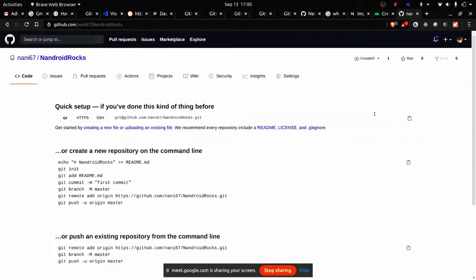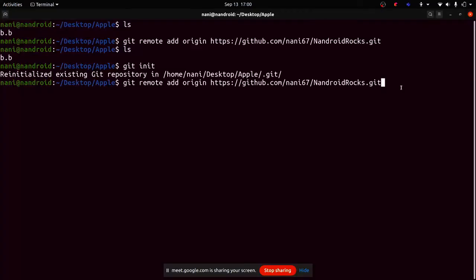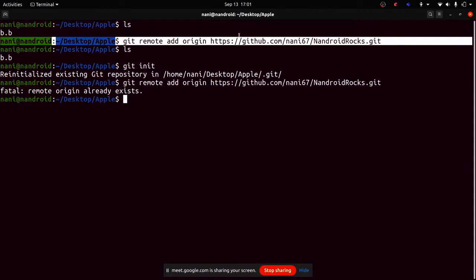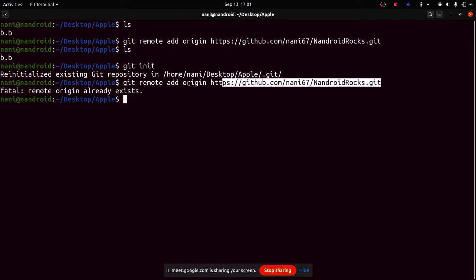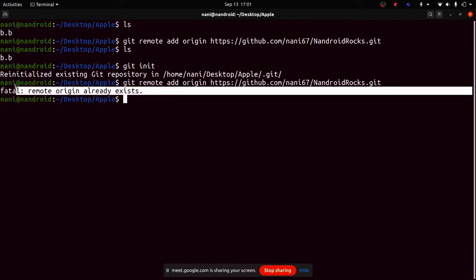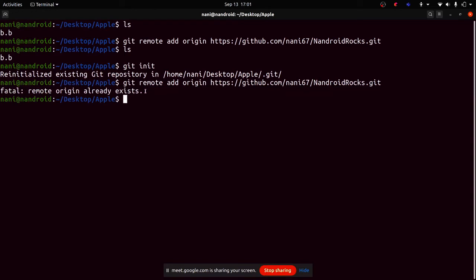I can use SSH as well, but though SSH is secure, I basically prefer HTTPS because I have been using it for the past 2 to 3 years, whereas Prashant will be using SSH more. Both of them work in a similar way. Since for the first time I have added it, it says it just added, but when I try to add it again, it says we already have an origin. So this is one of the ways you prevent others from copying your code and not crediting you.